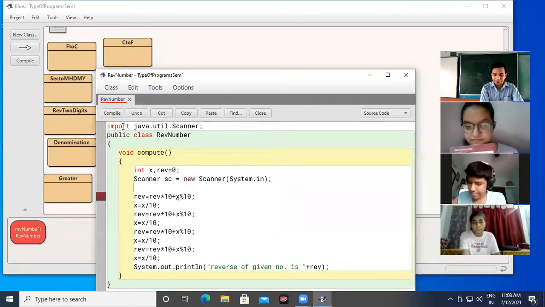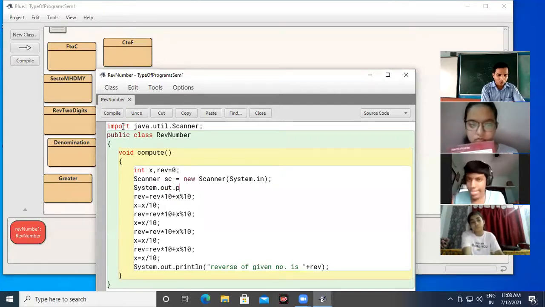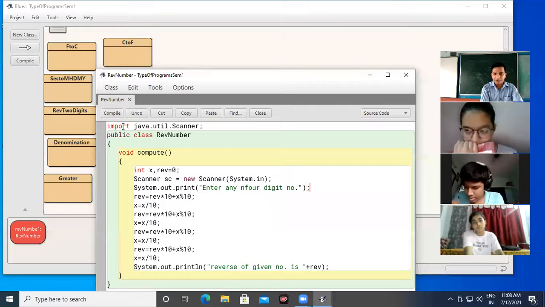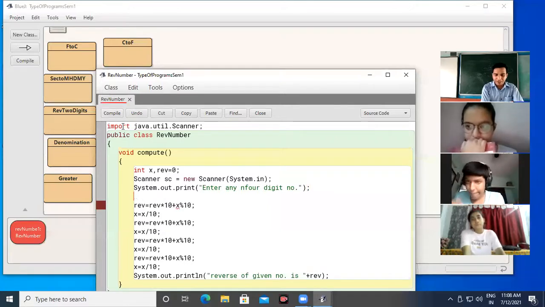After that, I have to print one message, System.out.print, "Enter any 4-digit number." After that, I have to take the input in which variable?